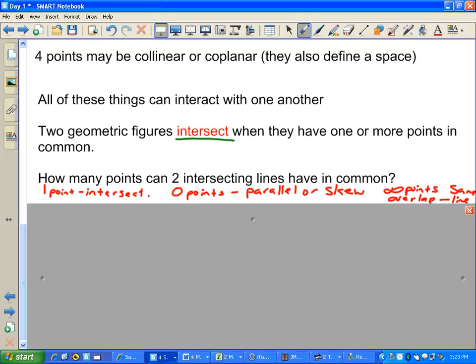So if we talk about two lines intersecting, they either intersect or not. They can intersect in 1 point. If I have 2 lines that cross, here's the point they intersect. They can be parallel, which means they never intersect. Another way that they can have no intersection is if they're skew,